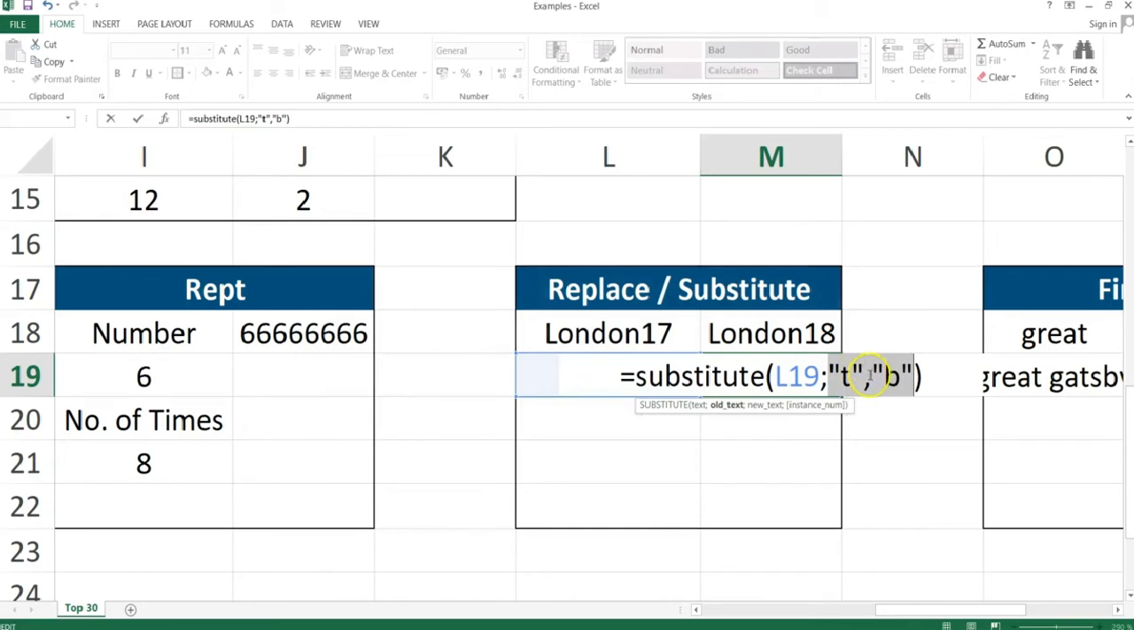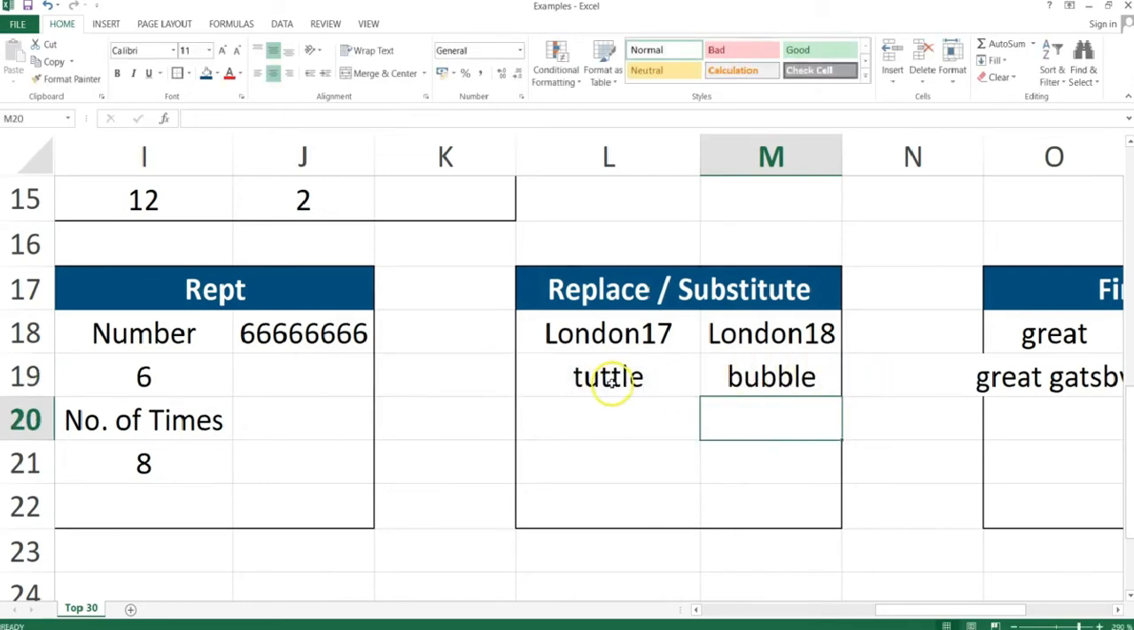Okay, I just need to replace this with the semicolon again, and this is what happens. All the T's are replaced by B, as we specified. So now we actually have a word bubble, right? I hope you understand the difference between replace and substitute here, which is mainly the structure and the way they have to be